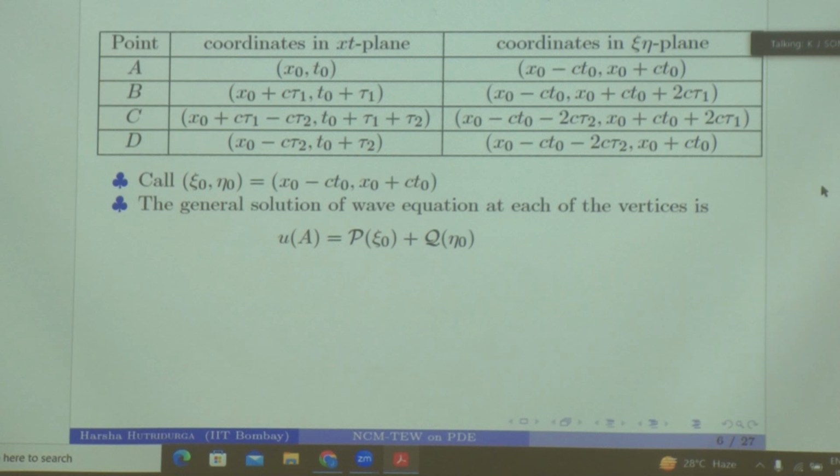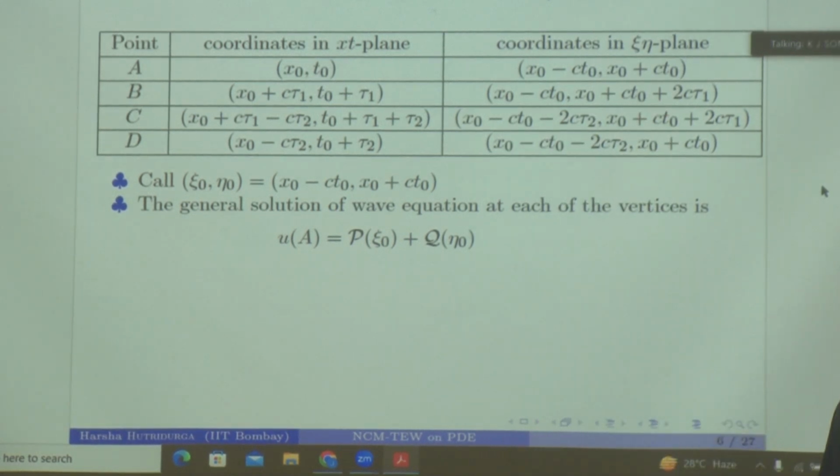so the point corresponding to A, okay, let me rub this, in the psi eta plane, your A gets mapped to psi naught eta naught, right? So psi naught eta naught, let me call that point here, psi naught eta naught in the psi eta plane. Now what is this fellow?